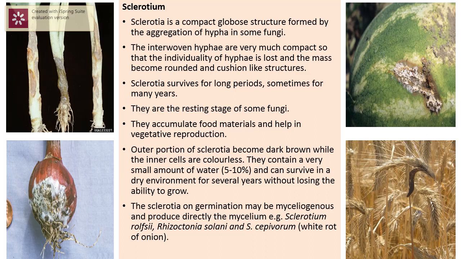Now there are various pathogenic fungi which make sclerotia. Some examples are Sclerotium rolfsii. You can see Sclerotium rolfsii on the watermelon in the picture itself, and it causes disease in hundreds of plant species. It can be vegetables, fruits, ornamental crops, and various other crops also. It is very destructive, and it happens in tomato, pepper, melon, and watermelon. The picture of watermelon is on the screen.